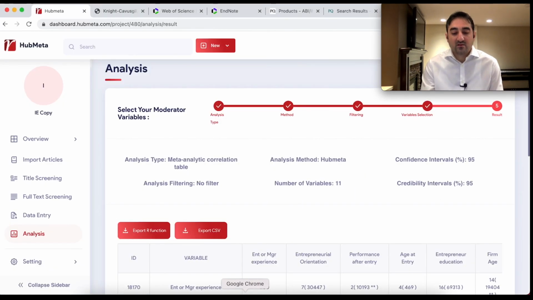So this is basically a quick go-through of the functions that you have on HubMeta. I hope this is enough for you to be excited and get started. I hope this is enough to get you excited to take your meta-analysis project into HubMeta